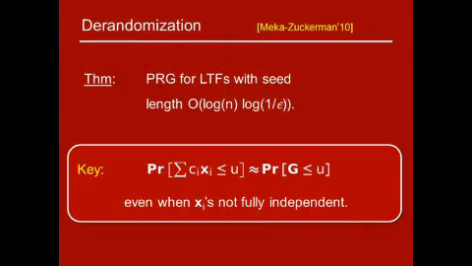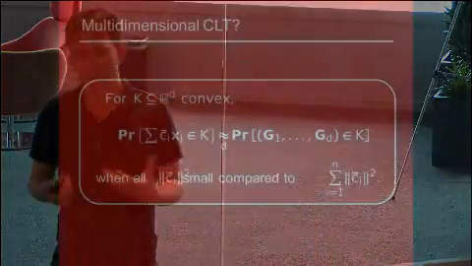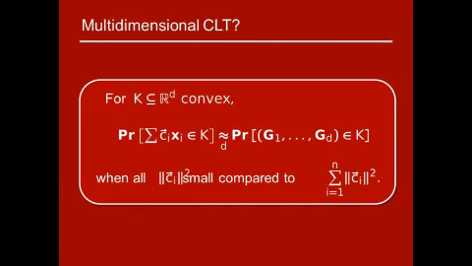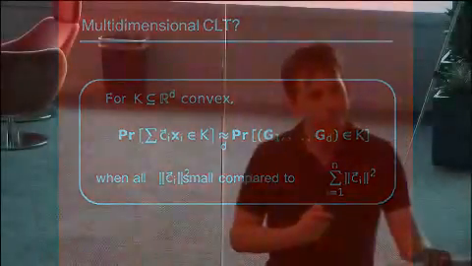But it's a bit more complicated. Let me mention another result from this year due to Meka and Zuckerman out of Austin. It was a derandomization result. And they gave a pseudorandom generator for the class of linear threshold functions with this very nice small seed length. And somehow the key for that result was something like the central limit theorem, but even when the xi's are not fully independent, somehow there's a hash function and some 4-wise independence going into there. I won't say exactly what, but this is definitely not something you would find in your standard probability textbook. So if you want to prove this, you really have to understand and be able to soup up or modify the proof of the central limit theorem.